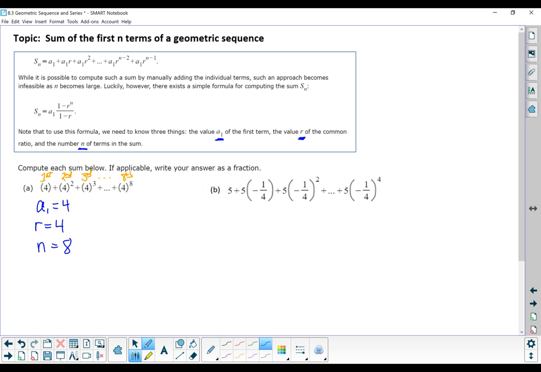So if I use my formula, the sum of the first 8 terms is going to be the first term multiplied by 1 minus the common ratio to the power n over 1 minus the common ratio. And if we calculate that in our calculator, we get 87,380. Okay, so our next